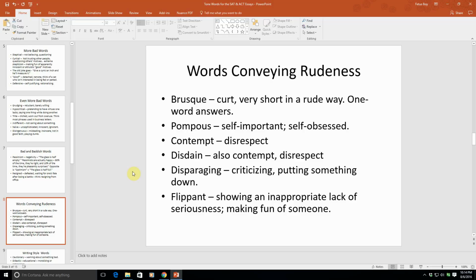Contempt. Contempt is disrespect. I remember looking up a bad word in the dictionary when I was about 12, and the definition was highly contemptible person. So for a while, my brother and I would call each other highly contemptible person. And disdain. That would also be contempt, disrespect. My father would say, that's Brooklynese for disdain. Hey, disdain over here. Disdain won't come out.